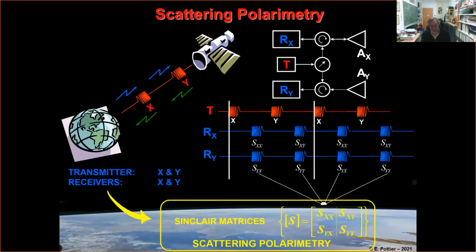If I have such a system, it means that I can construct all the polarimetric information. So this is a fully polarimetric system. In such a case, you have access to the HH channel, HV channel, VH channel, and VV channel. You have all the information. And the output will be what we call the scattering matrix, or the Sinclair matrix. So this is a fully polarimetric radar system architecture.